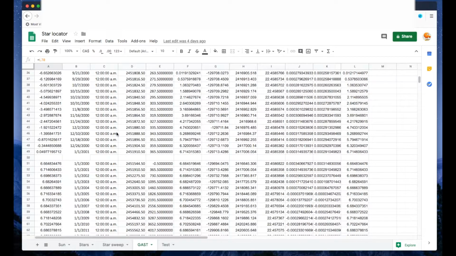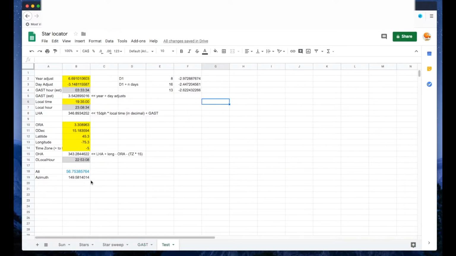So we want November 17th, which is going to be these two here. So this is just a spreadsheet that I created to work out all of the math and particularly mark out these 3 steps. So the way it works is we need to calculate the GAST time for that particular day because I don't have a GAST for every single day of the year 2000. So I just approximate it using